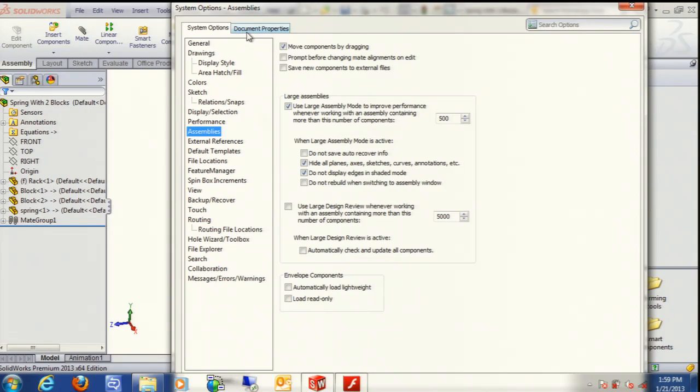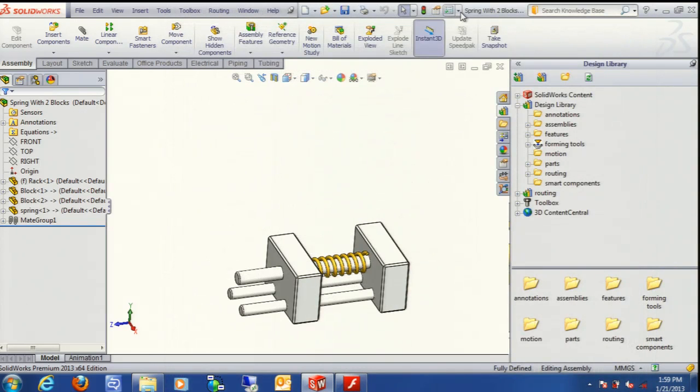Well, actually, before I switch that, that's a document property. Let's take a look at this guy right here. Sometimes different packages that you add onto SolidWorks will add more options to this menu as well. If you guys are running Premium, you have your routing enabled, your routing will show up in here. If your routing is disabled,